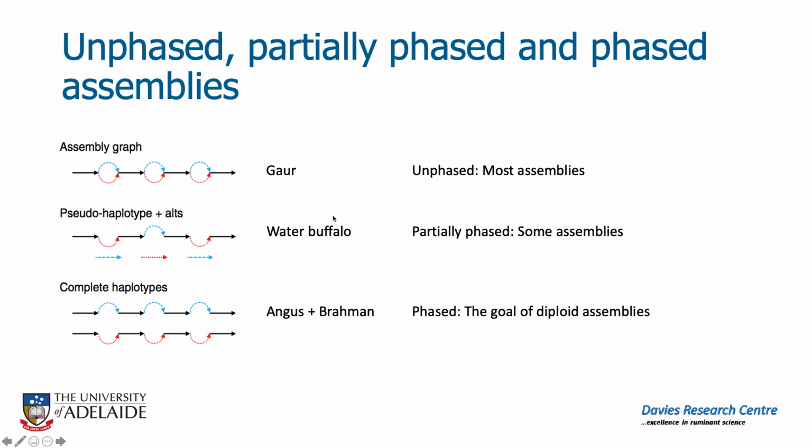For diploid species, there are 3 types of assemblies that one can make. Most of the assemblies in the public databases are unphased, which means the haplotypes are not resolved. The gaur assembly represents this type of assembly. Some of the assemblies are partially resolved, such as the water buffalo assembly. In this case, the haplotype is locally resolved,